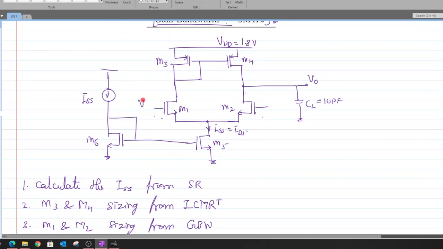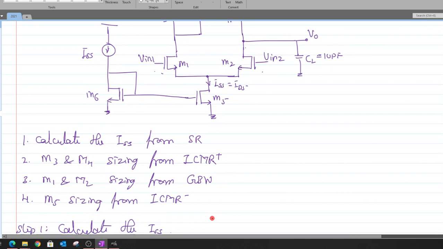Okay, when you apply a large differential input signal to the gates of the M1 and M2 transistors, that in turn causes the entire ISS to flow to either of these two structures. So you have to watch that video to know exactly what the slew rate is, and once you watch that video, you will understand the physical cause of that, and with that understanding it would be easy for us to calculate here.